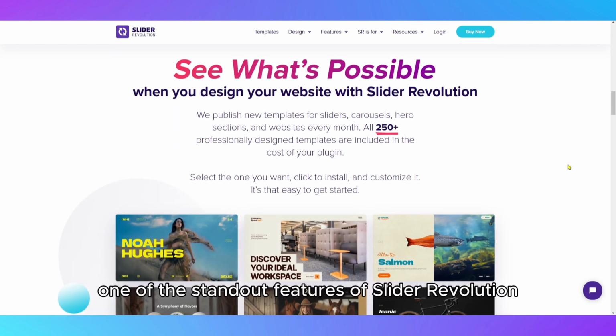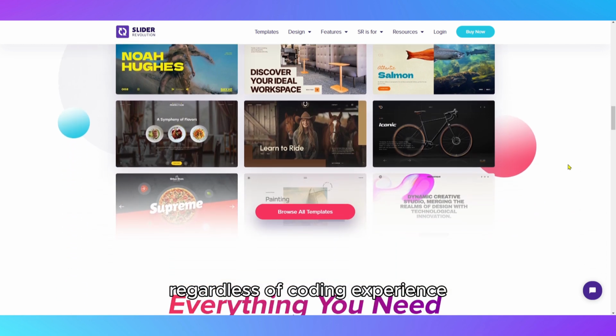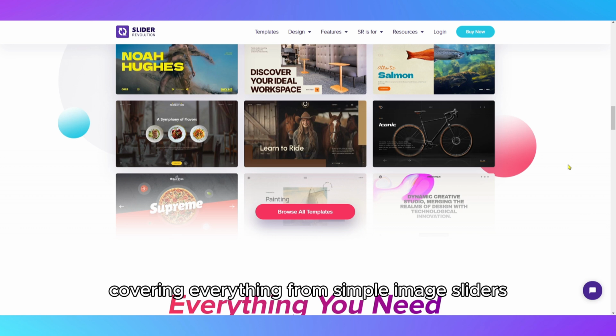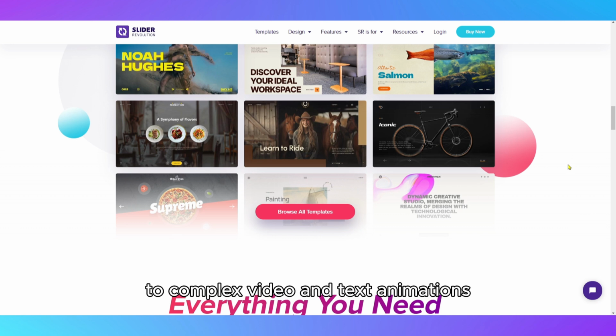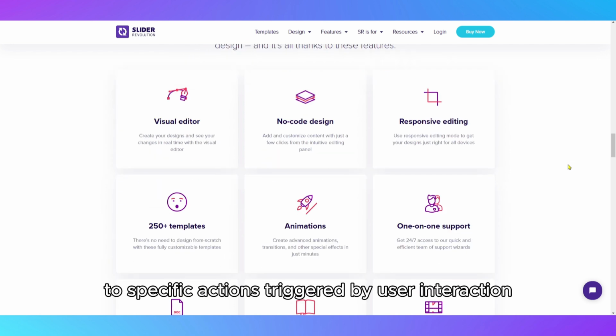One of the standout features of Slider Revolution is its drag-and-drop editor, which makes it accessible to anyone, regardless of coding experience. It comes with a vast library of pre-built templates, covering everything from simple image sliders to complex video and text animations. The editor is highly customizable, letting you adjust everything from timing and transitions to specific actions triggered